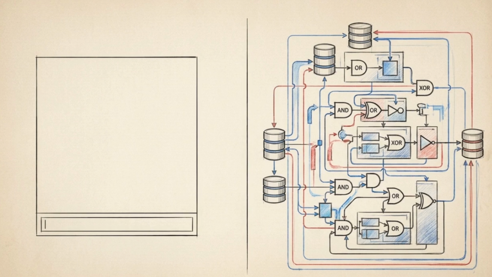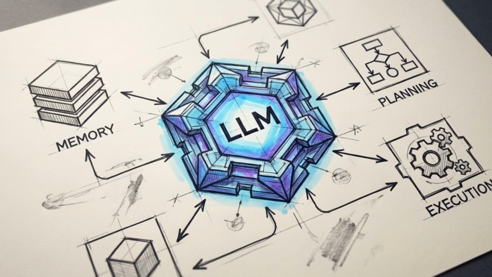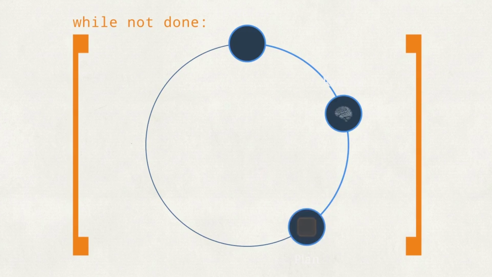This transition is formalized in an equation outlined by AI researcher Lillian Wang. It states that an agent equals a large language model plus memory, planning, and tool use. The execution of this formula happens in a strict 5-stage cycle. First, the system perceives its environment by ingesting data. Then, it uses the language model to reason about that specific context. Next comes the planning stage. If the overall objective is complex, the system programmatically decomposes the goal into a series of smaller, discrete subtasks.